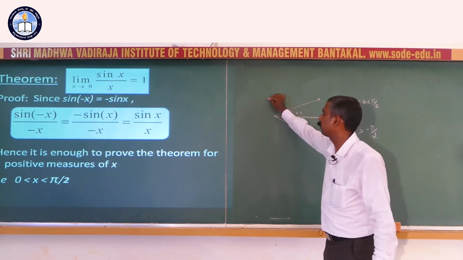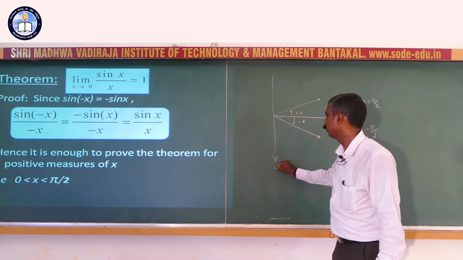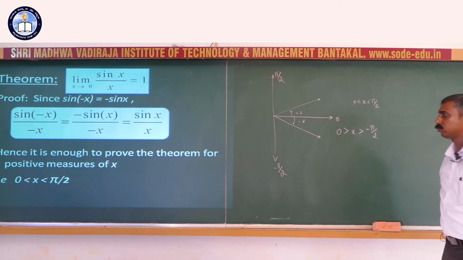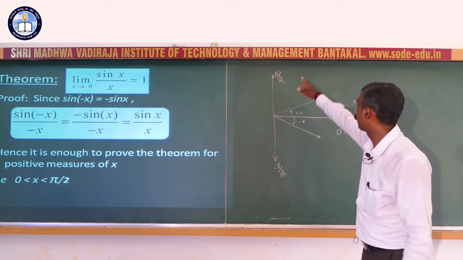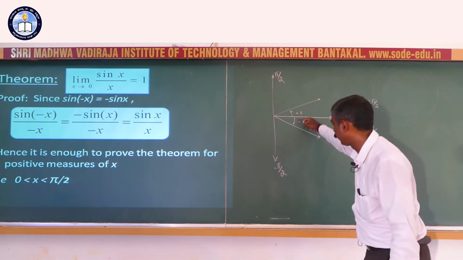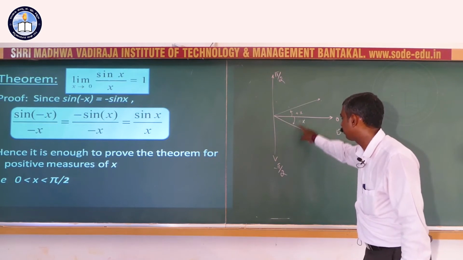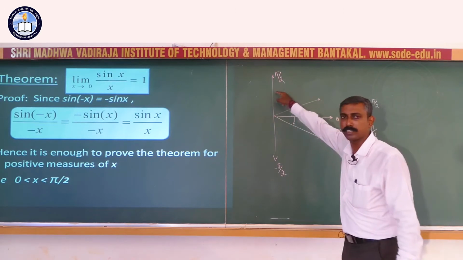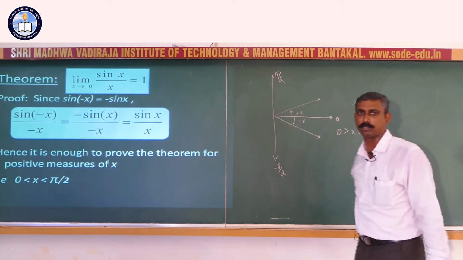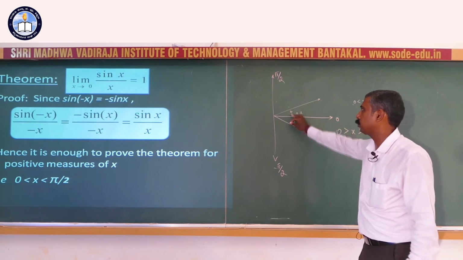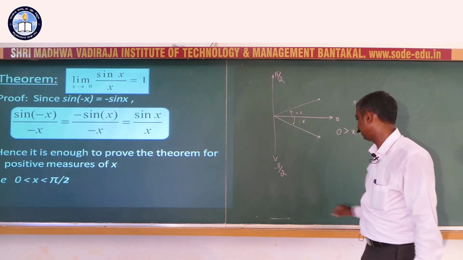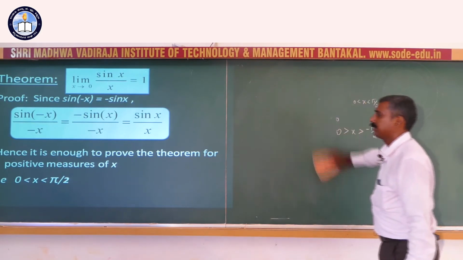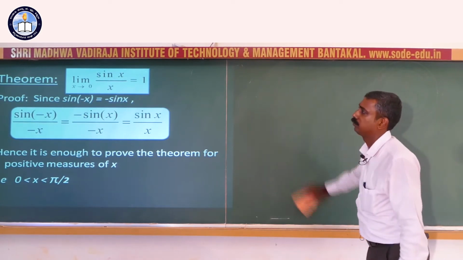So this will be converting to minus pi by 2 to pi by 2. If negatively oriented, then x will be in between 0 and minus pi by 2. If it is positively oriented, it will be from 0 to plus pi by 2. But x is very close to 0, therefore only these two possibilities arise, and not the more than pi by 2 case. So let us see what happens if x is negative.